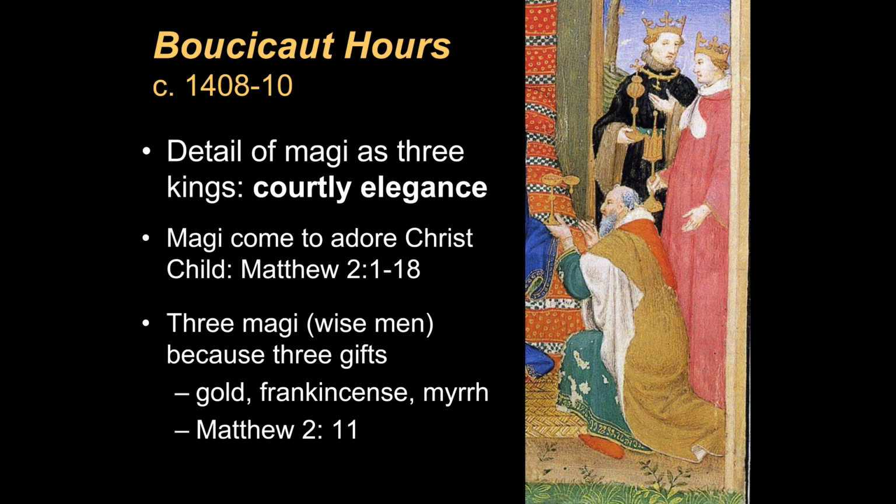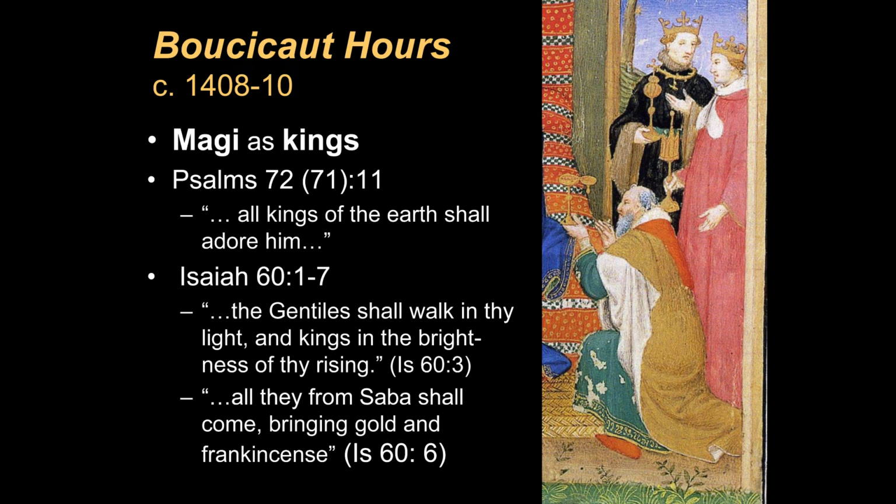They have seen a star in the sky. They follow the star, which seems to hang over the place where the Christ child is. And they say that the star is the sign of a newborn king. So they come to adore him, which tells us that these wise men are astrologers or astronomers who watch the heavens. At this time, there's probably not a great distinction between an astrologer and astronomer because they are both recording the movements of the heavens.